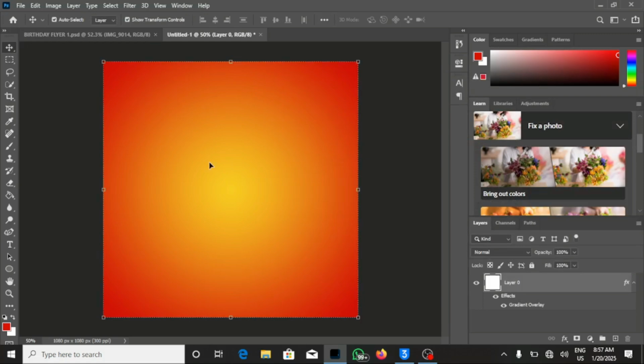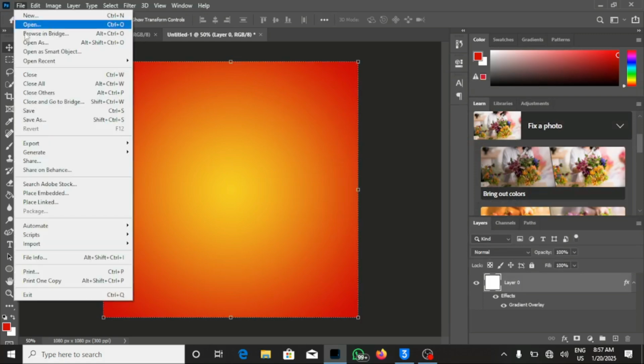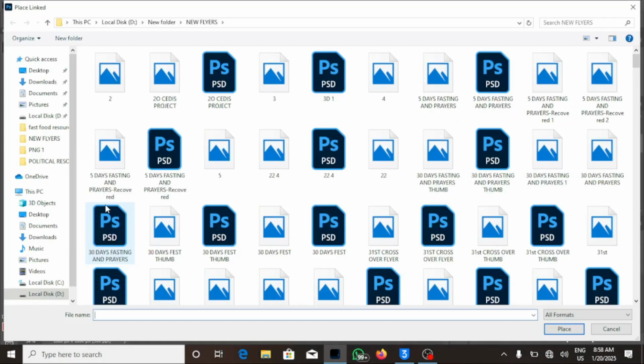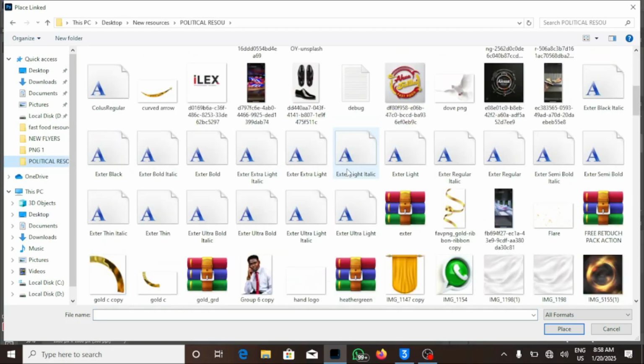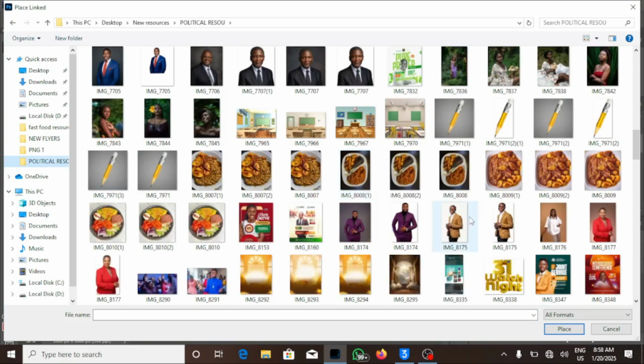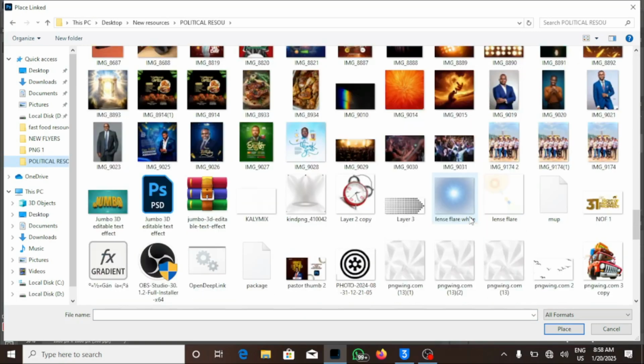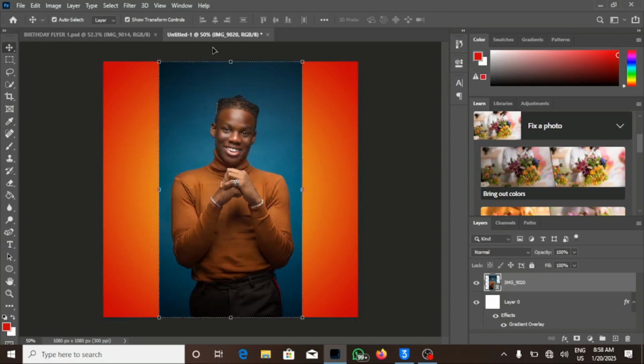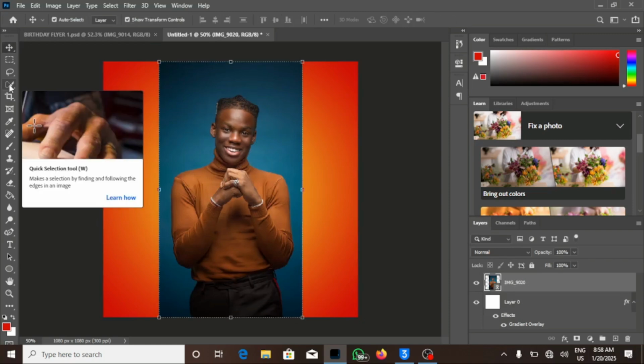So what we have to do next is to bring in our image and add some touches to it. So click on place link, and then we place our image. So I have my image all the way here. Right, so I click on place,